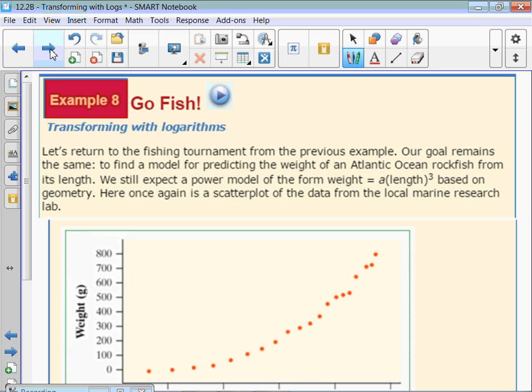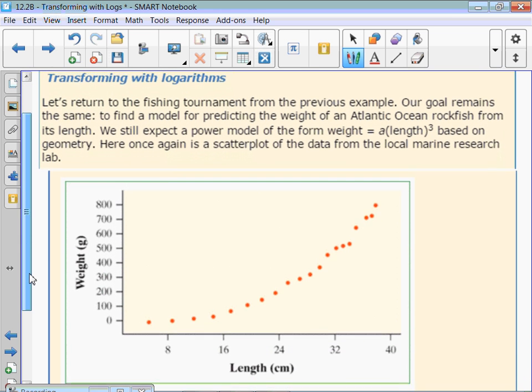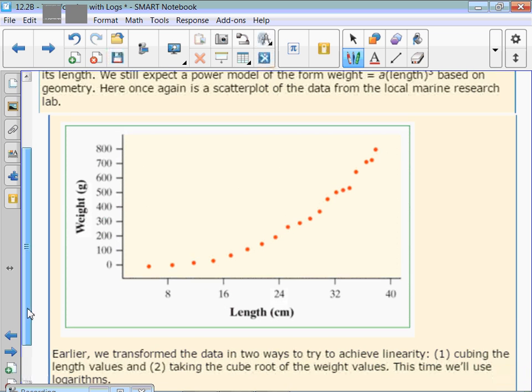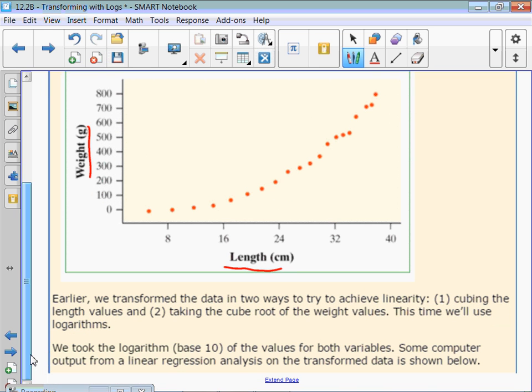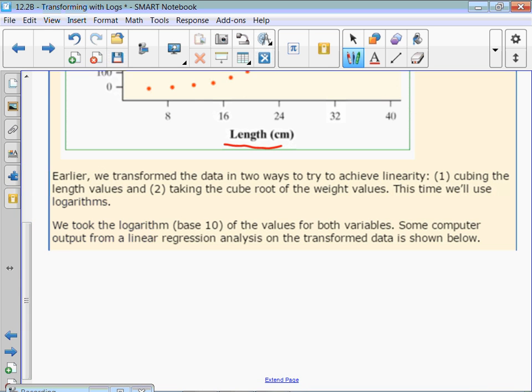So for example, let's return to the fishing tournament from the previous example. Our goal remains the same, to find a model for predicting the weight of an Atlantic Ocean rockfish from its length. We still predict the power model of the form weight equals A times the length cubed based on geometry. Here, once again, is a scatter plot of the data from the local marine research lab. So we have just our length here and our weight here, and we're increasing. And earlier we used cubing the length or taking the cube root of the weight, but this time we're going to try logging both sides